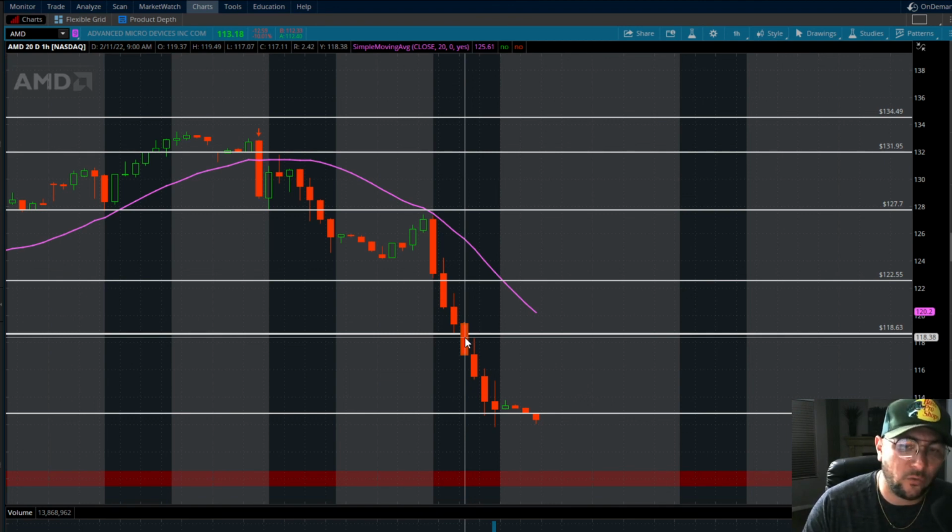If this trade would have gone against me and possibly bounced and closed over the 20, I would have had to take that loss. It's not like I'm going to let something go against my rules and continue to hold it. So trading is all about a numbers game. The longer you can stay in this game, the better odds you're going to have at catching these big trades, okay? Especially when the market has been volatile, both to the long side as well as to the short side.